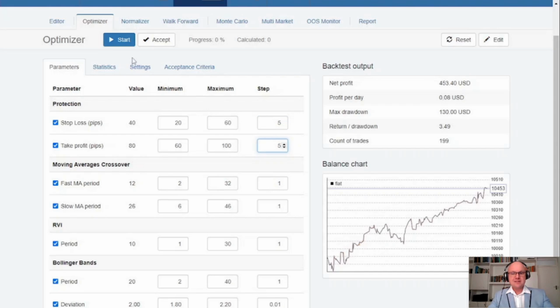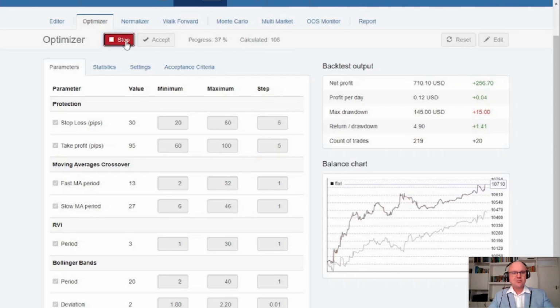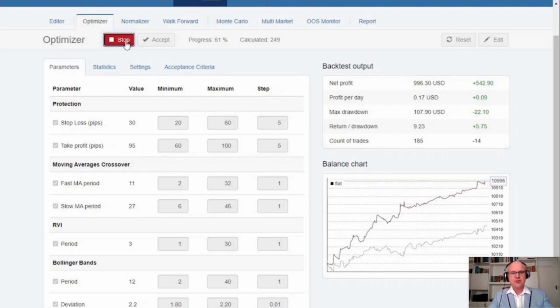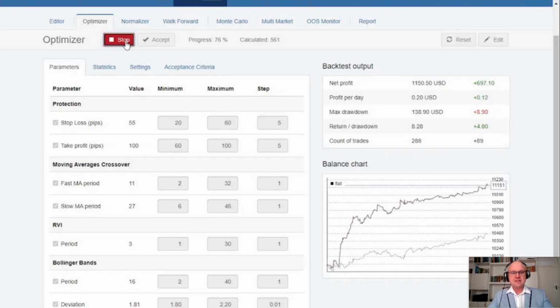Where in the old systems this could take multiple minutes or even hours, the processing is extremely quick. And on the right hand side, you can see the balance chart updating according to the different optimization settings, which is currently giving us the best result. And in under a few seconds, you will see it has already completed over 400 calculations trying to find us the best net profit, profit per day, maximum drawdown, according to these different steps and the criteria to optimize the expert advisor that we are building.